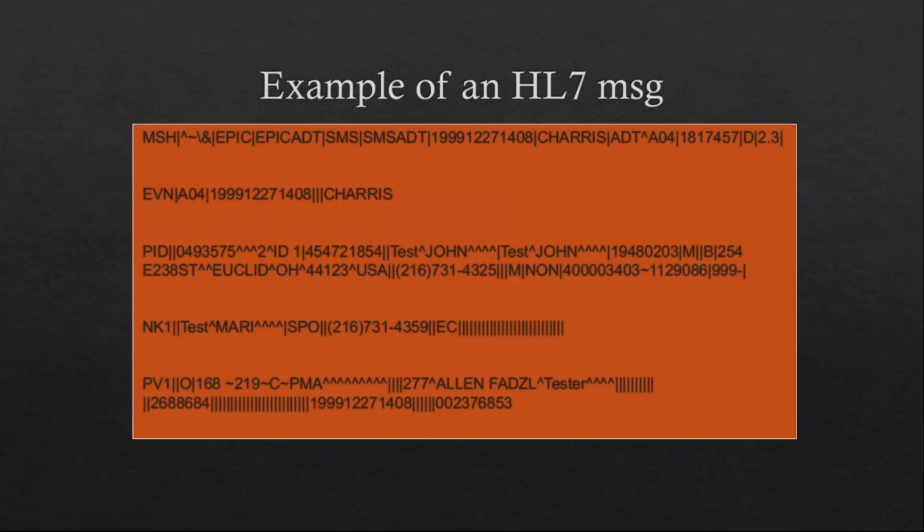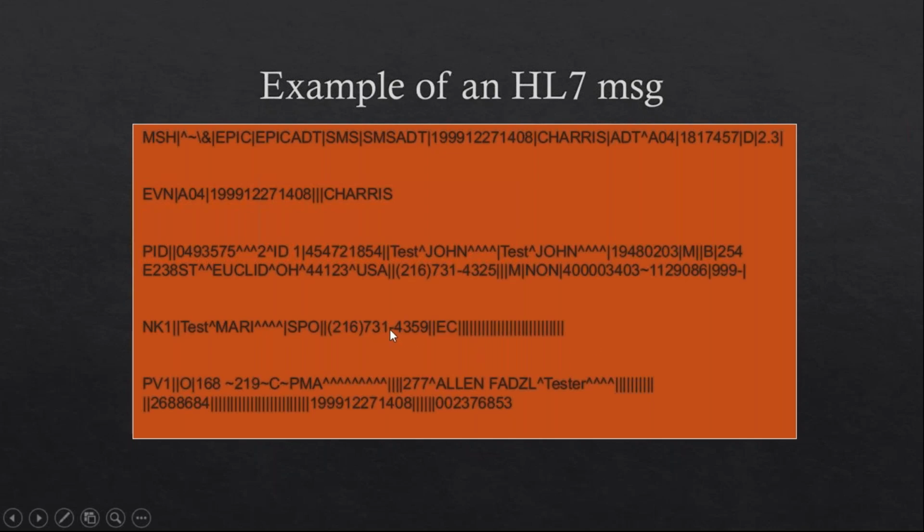But just for our understanding now, it includes the header related information of who is receiving the message, where the message is coming from, at what time the message got generated, what this message is all about, and all of these things. In the same way, the PID segment has details of patient identification, and this PV1 has information about patient visit. So each segment has its own name, and the first three letters of that segment let us know what kind of data is present within that segment.